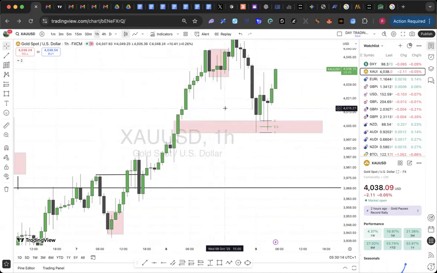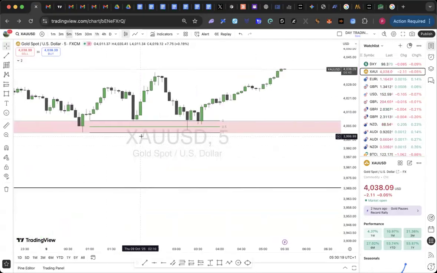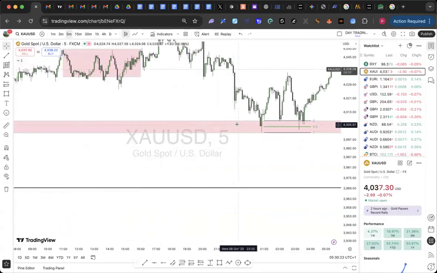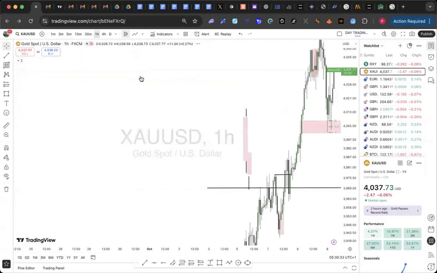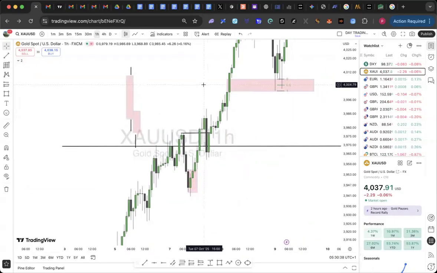Let's go to 5 minutes to check a refinement. See what you are checking, a refinement, right? Or probably 1 minute. So you can see this is the market. So another thing, let's quickly go back to 1 hour so that we see where I should put my stop loss. Okay, your stop loss here, if you enter this trade,